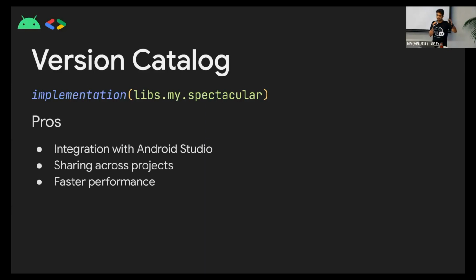You can declare it centrally and fetch it at build time over the internet, or you can have a monorepo of sorts where there's a build folder and then individual Gradle projects inside it, and you can fetch it from there. So it makes it easy to share the dependencies across projects. And it's much faster in performance because it doesn't have that build source compilation overhead anymore. There's nothing to be compiled here. It's just a bunch of code getting referenced into another bunch of code.